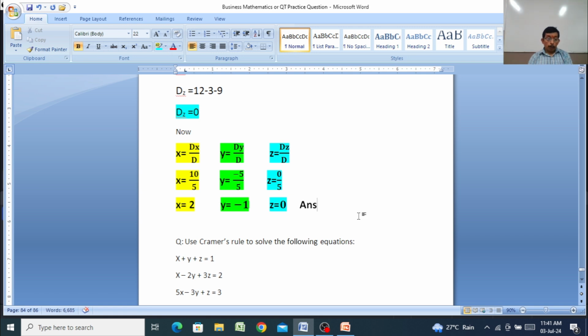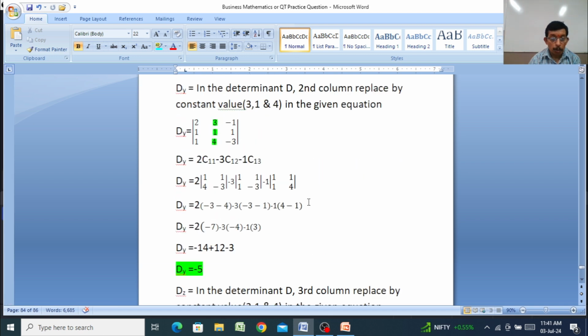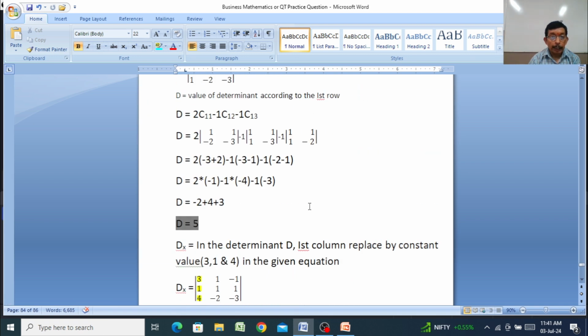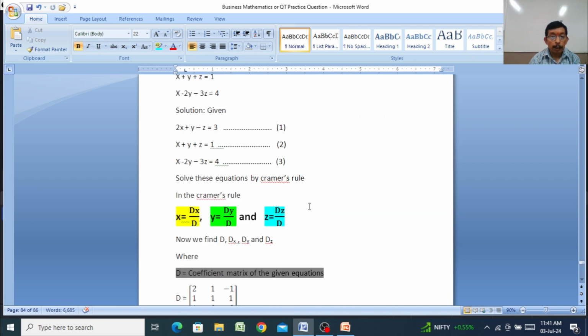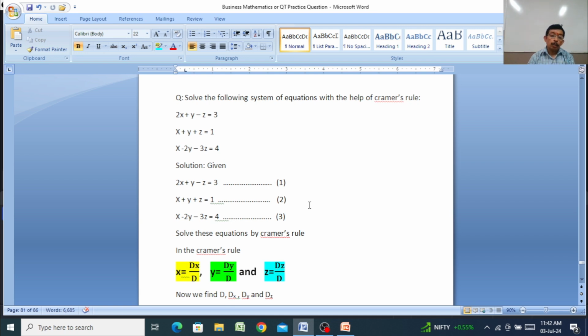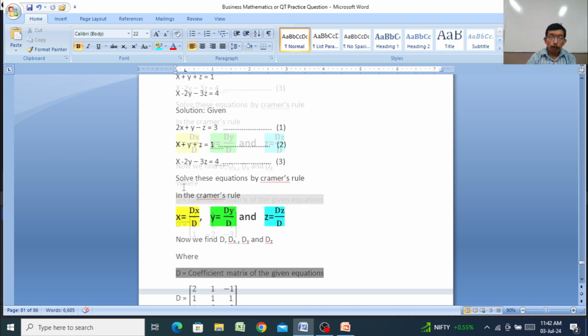If you want to check whether your answer is right or wrong, then put the values x, y, z in the given equation. If the values of x and y and z satisfy the given equation, then your answer is right, otherwise your answer is wrong. Is it clear? Suppose x is equal to 2, y is equal to 1, z is equal to 0. X is equal to 2, put in the first equation, 2 times 2 is 4, y is equal to, the value of y is equal to,